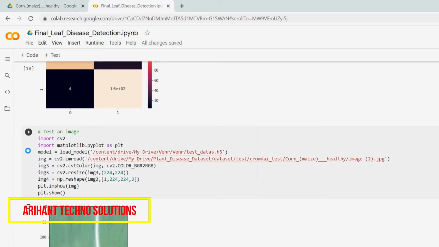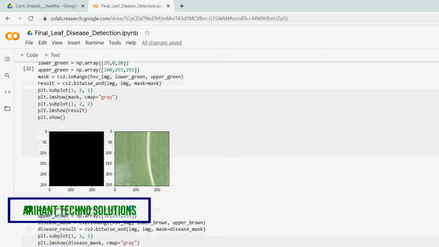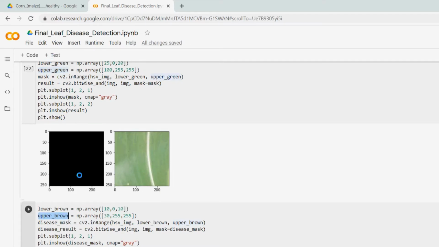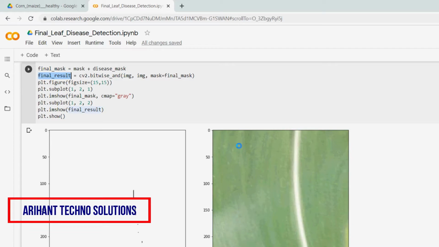To avoid wasting time, I just execute all the things. This is the input image we are going to test. Pre-processing stages: HSV, BGR conversions, green masking, brown masking, overlapping. The final result will be like this, because this is a healthy image, so no disease is identified.